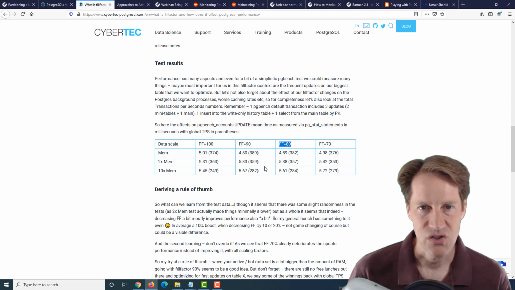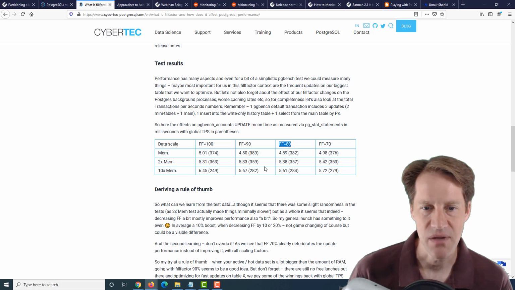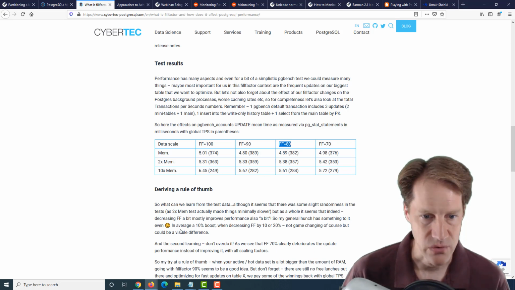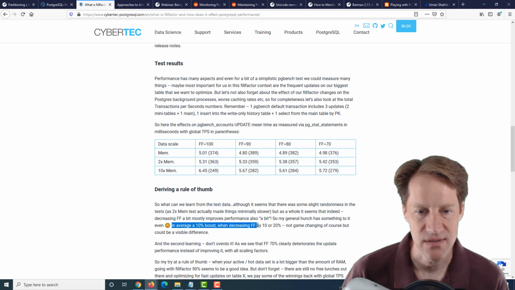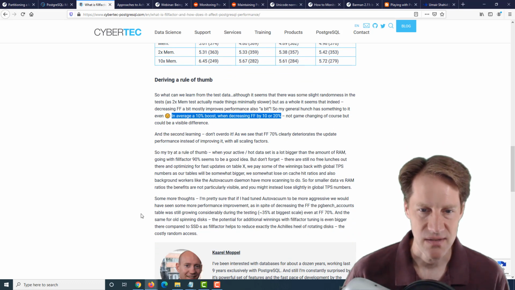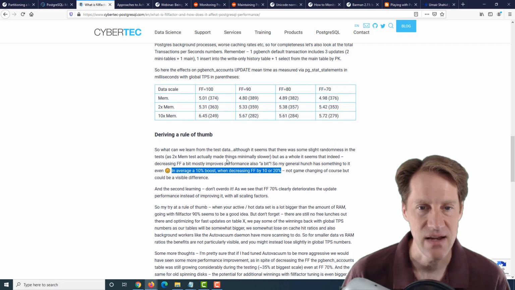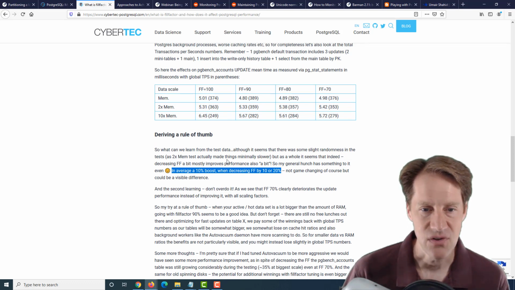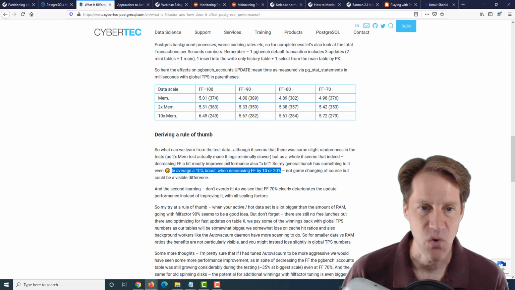But it's basically just that a smaller fillfactor could give you a little bit of performance boost. And I believe he said, quote, "on average, a 10% boost when decreasing the fillfactor by 10 or 20%." So that seems to be about the sweet spot. But again, because of these diminishing returns, you want to take that into account when adjusting this. So adjusting this value seems very specific to your use case, so you definitely want to test it out. But in the test he did here, a relatively minor fillfactor decrease seemed to work best for at least getting a little bit of a performance boost. So if you want to learn more and all the details about the test and the conclusions, definitely check out